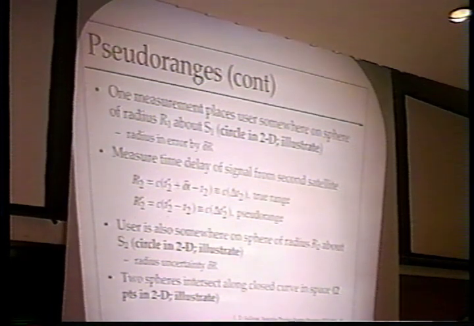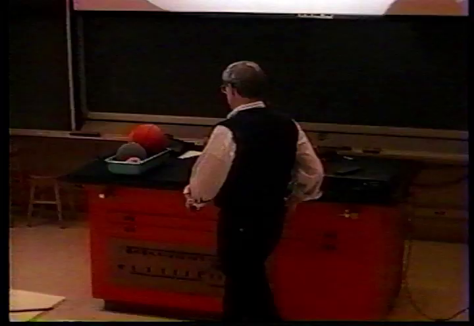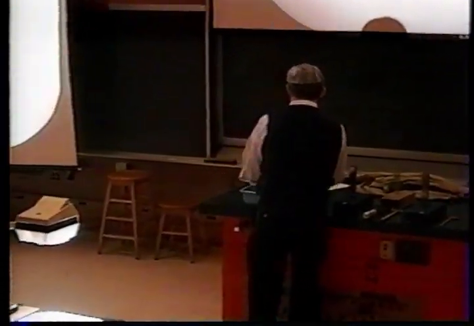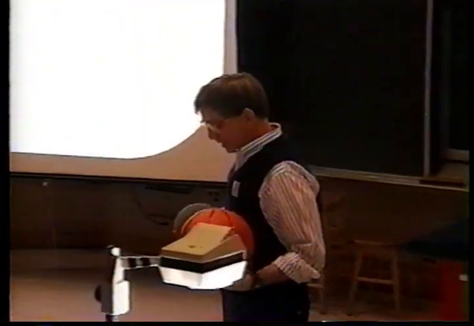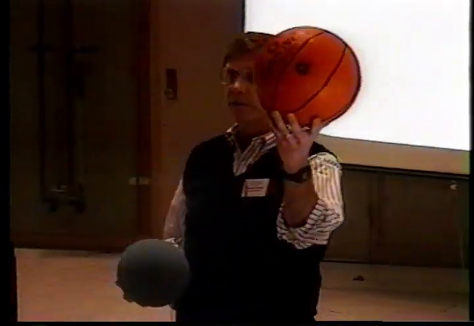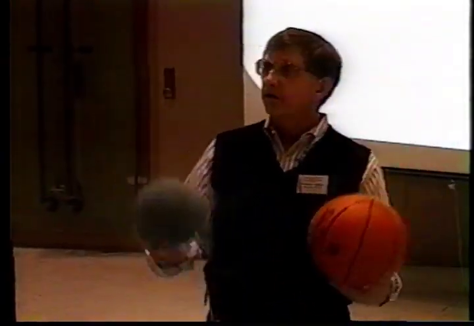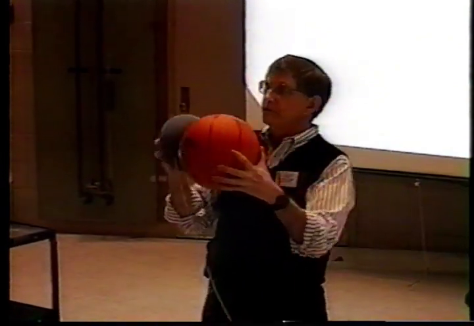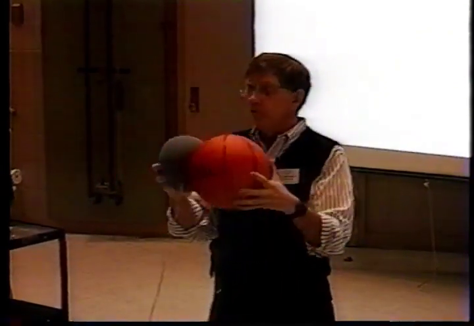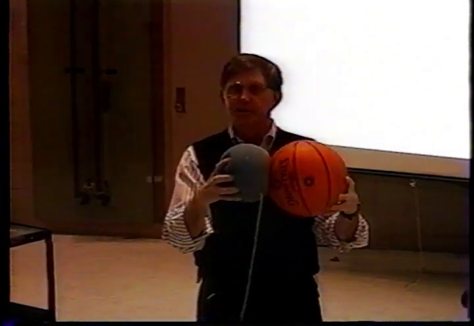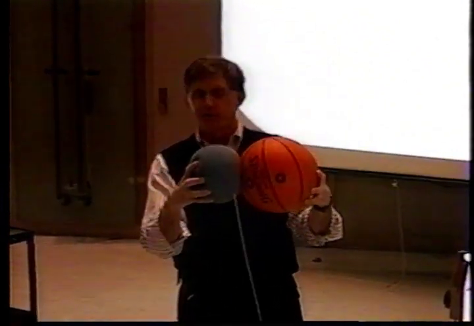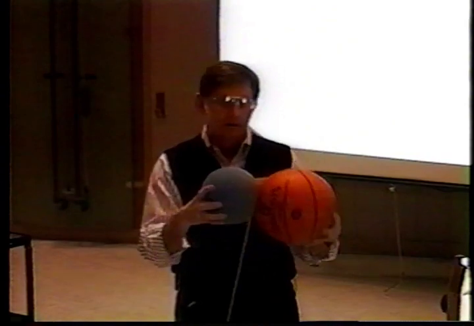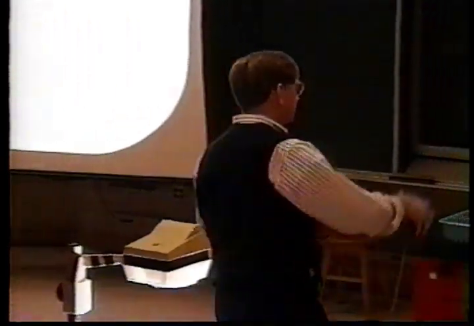Now, if there was not an error, if you knew the true ranges here, these two spheres would intersect, in 3 dimensions, on some circle. So here's the first sphere. You know you're on it somewhere. You know you're on this sphere. And now 2 spheres intersect at a circle. I'm cheating with this Nerf ball, but you get the idea. The Nerf ball is supposed to be penetrating the basketball. So you know you're somewhere on that circle. It's a little easy to see this in